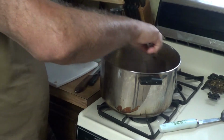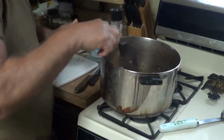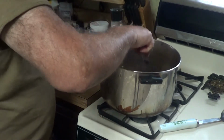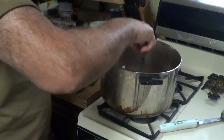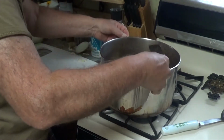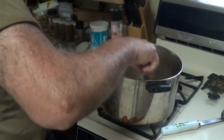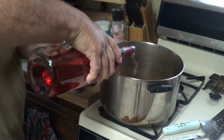And don't add your garlic to your onions right off the bat. Let your onions cook down a little bit, because you don't want to overcook the garlic on high heat like this. You'll burn it and then it'll start smelling. So after a couple of minutes, add